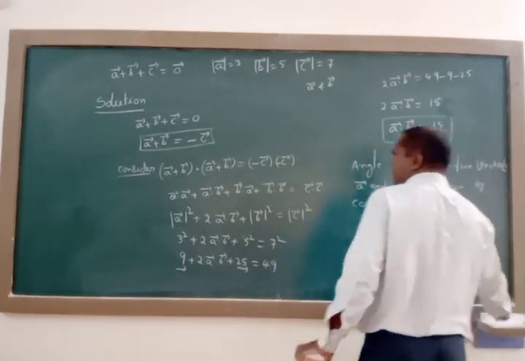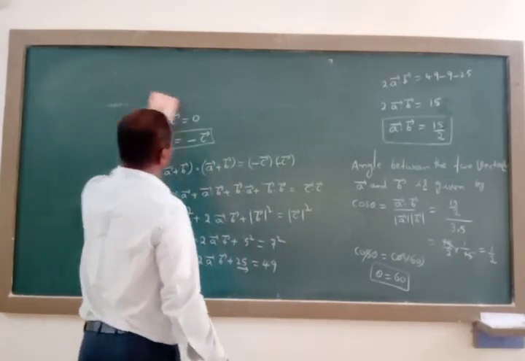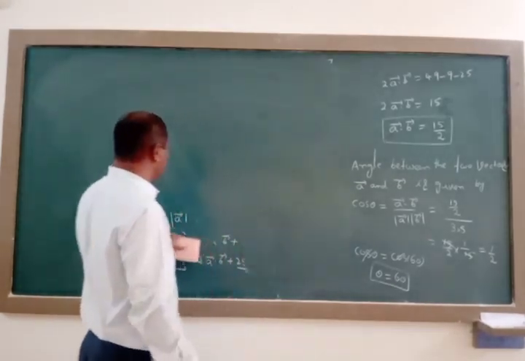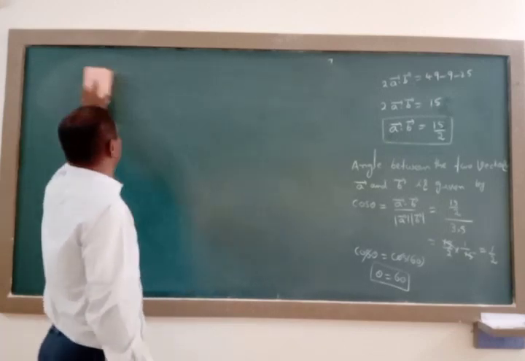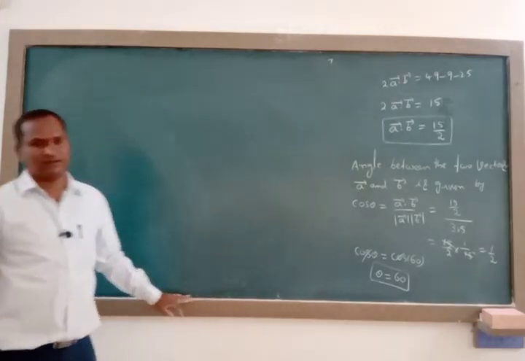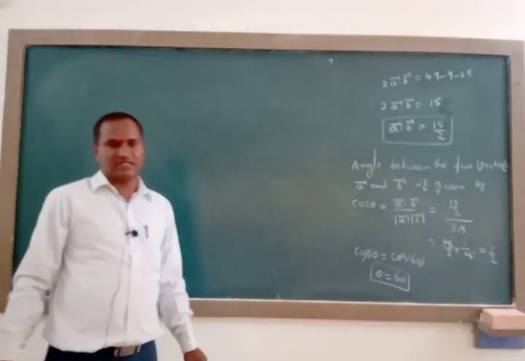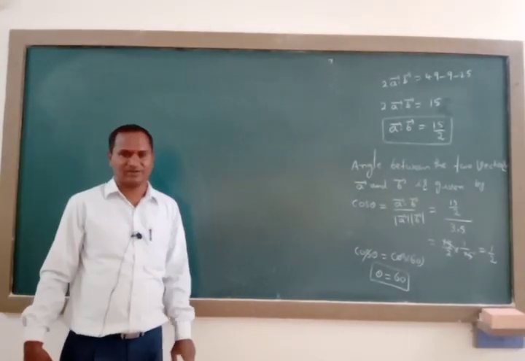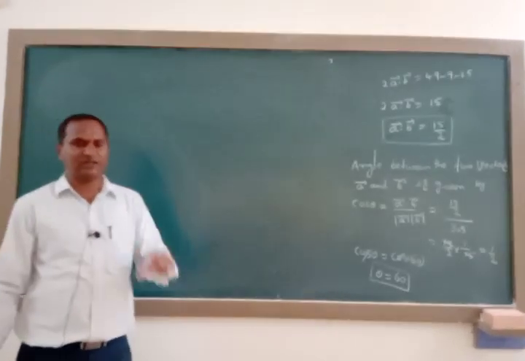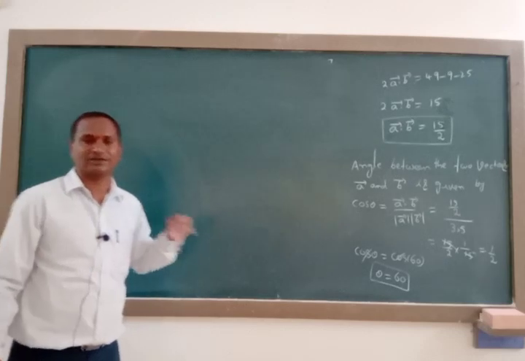Next, one more question is there, some standard questions. Like that, whenever they ask the angle between b bar and c bar, at the time a bar plus c bar is equal to b bar, like that you can consider. Here the angle between a bar and b bar is asked, so a bar plus b bar is equal to c bar we consider. Whenever they contain b bar and c bar, then b bar plus c bar is equal to a bar. Whenever they ask c bar and a bar, c bar plus a bar is equal to minus b bar. Like that you must take all these conditions when you start the solution of this question.